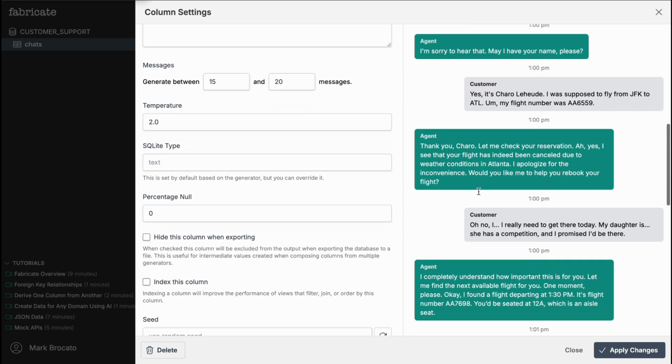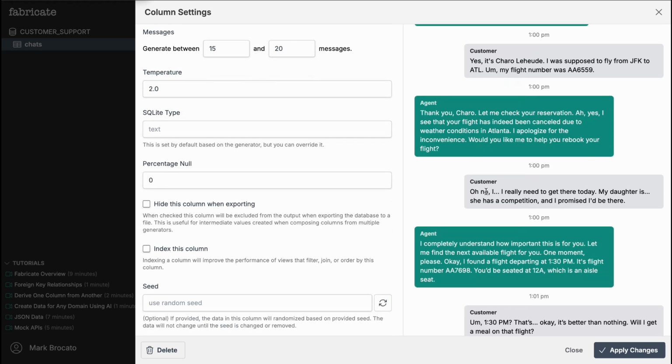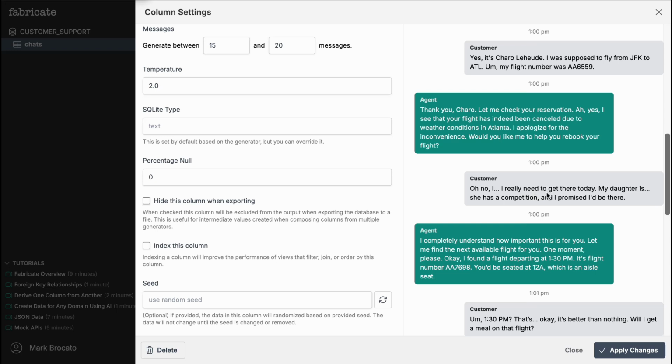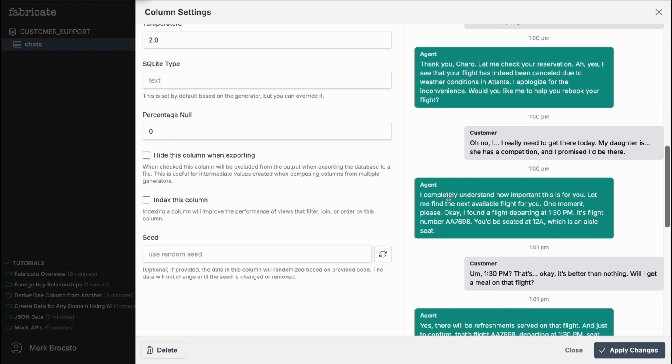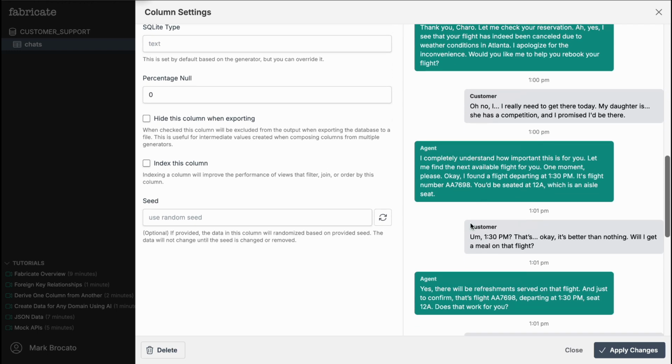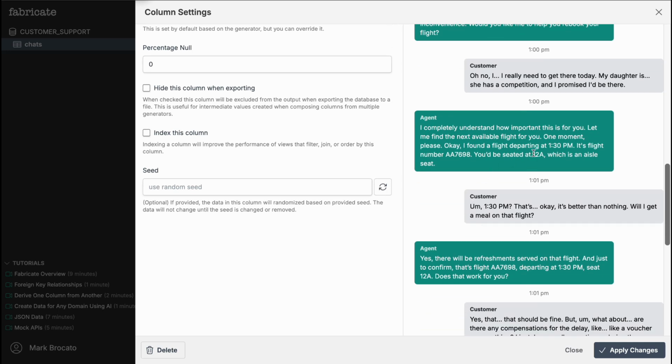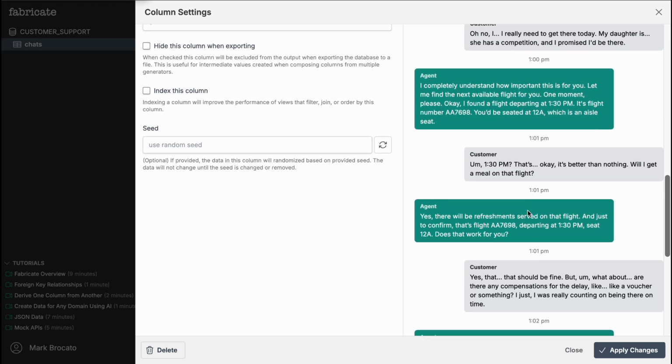So checking reservation. Customer says, I really need to get there today. My daughter has a competition. I promised to be there. I understand how important this is for you. Here's the alternative flight. The customer says, okay, that's better than nothing,